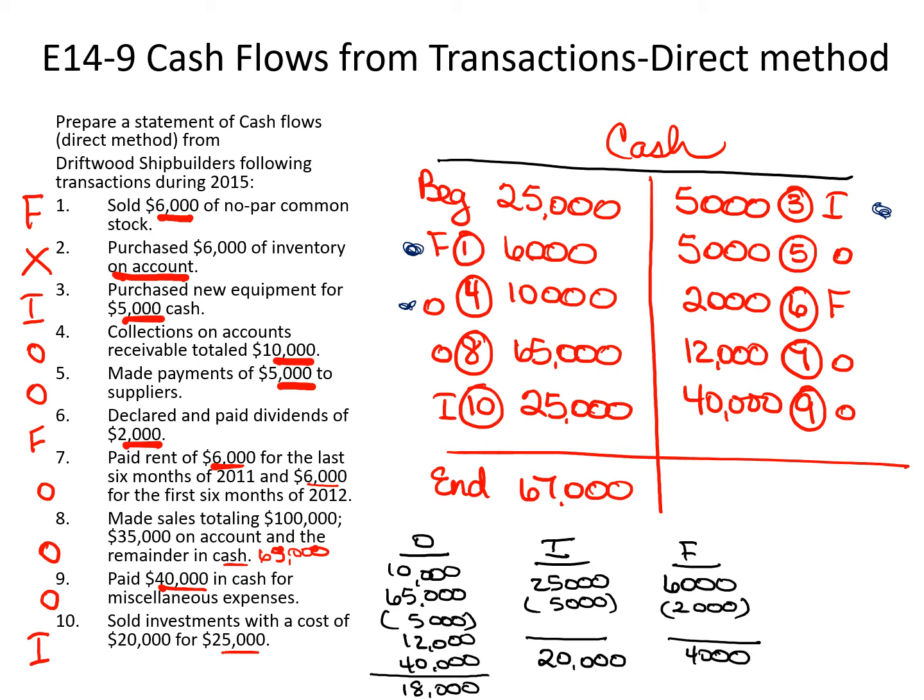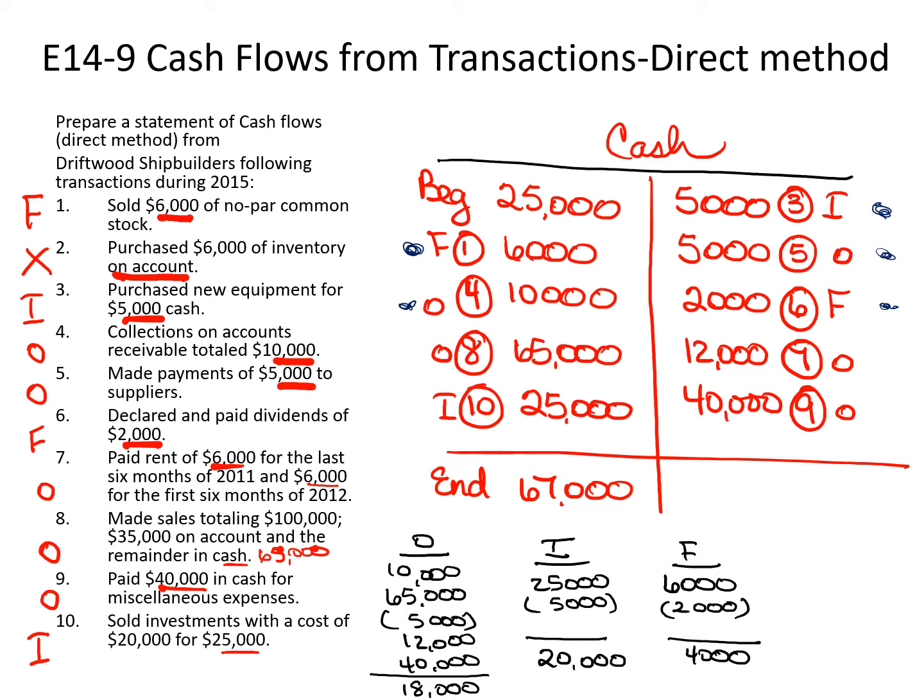So again, it's an operating activity. In number 6, we declared and paid a dividend. Since dividends is shareholders' equity, it's a financing activity. And number 7, when we paid rent for the last 6 months and for the next 6 months, those are